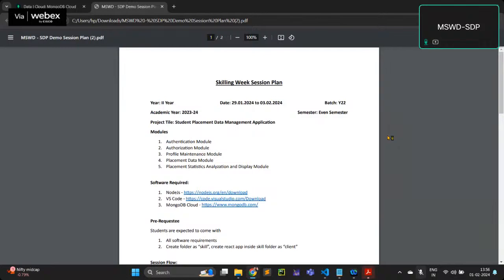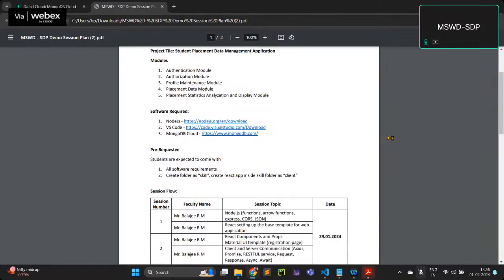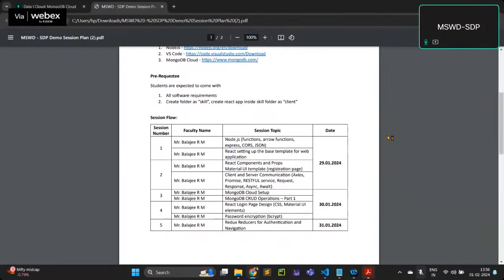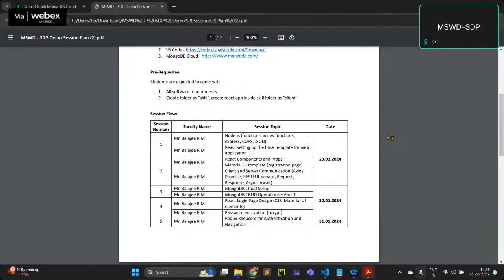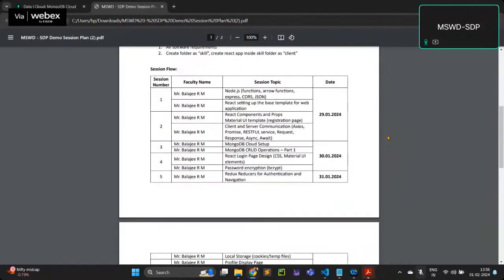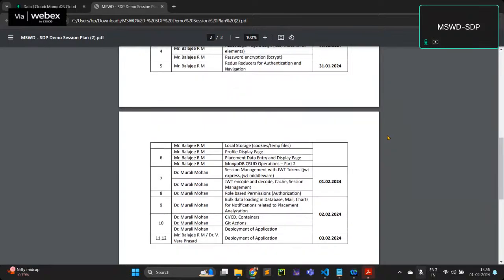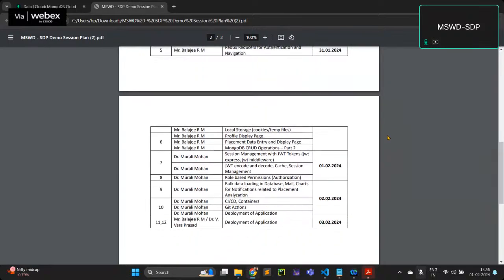In the last few days, Mr. Balaji has convincingly explained everything from the scratch to the most typical part, which is called session management or role-based authentication also in the last 3 classes. Like he is connected with the database and he is connected with CRUD operations. I hope you have worked out with the same flow, which sir has explained clearly, and the setup and the